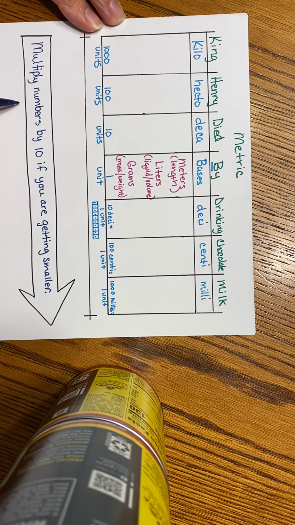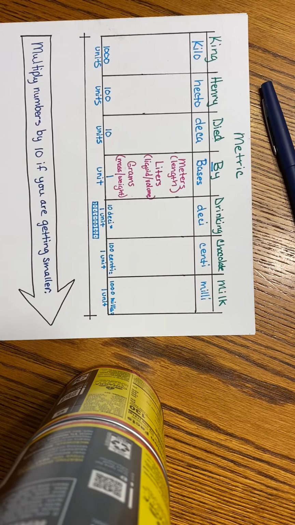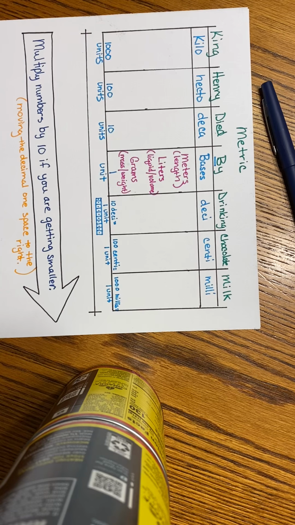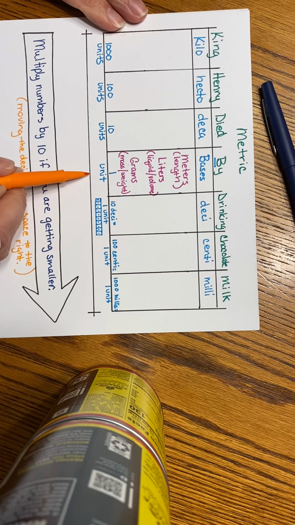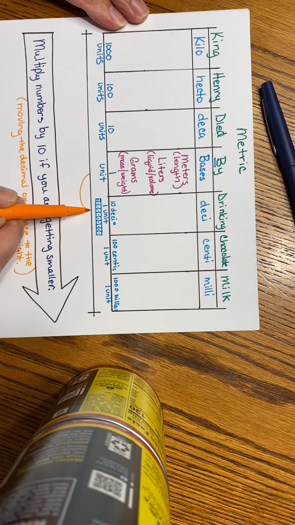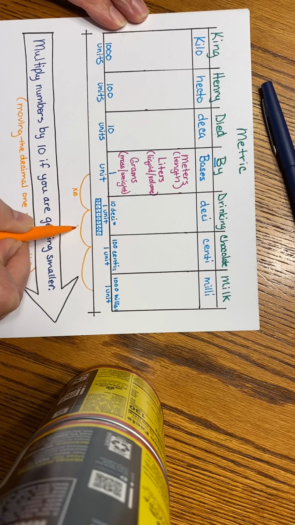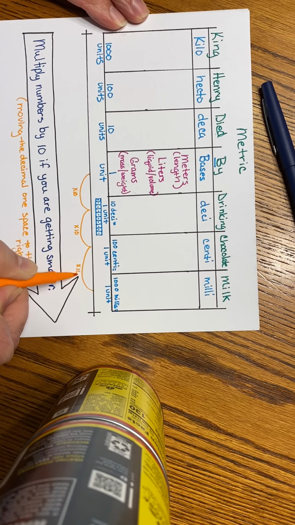So that means we are moving the decimal one space to the right. Okay, so what we're doing is that's going to end up going this way, and we're multiplying by 10 each time. Okay,